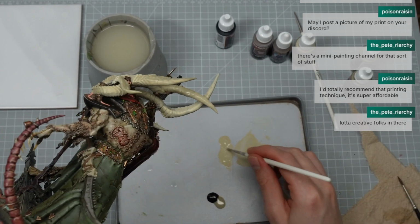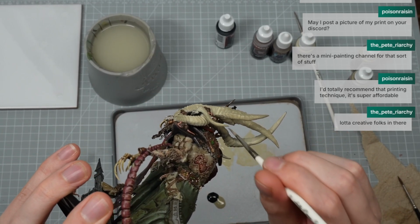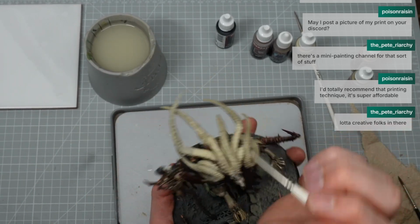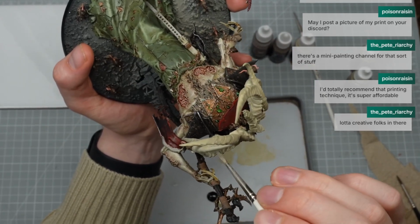Bottom side of these horns is difficult. A lot of these areas are just very out of reach. It's not very straightforward painting this guy, I can tell you that much. This has not been the easiest paint job. I think it's turning out well, but